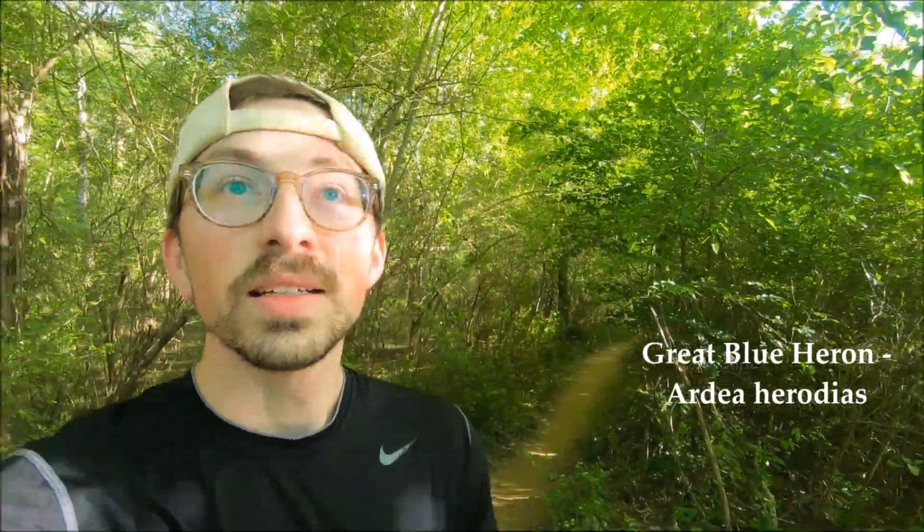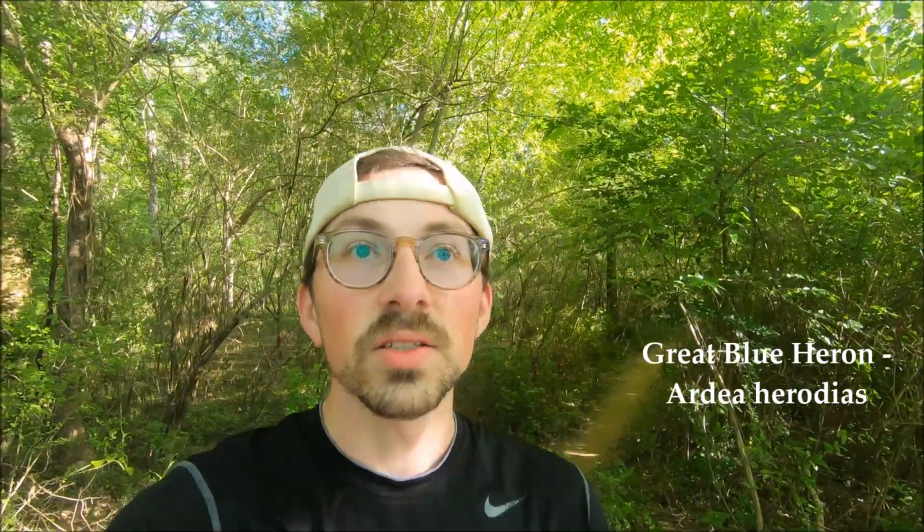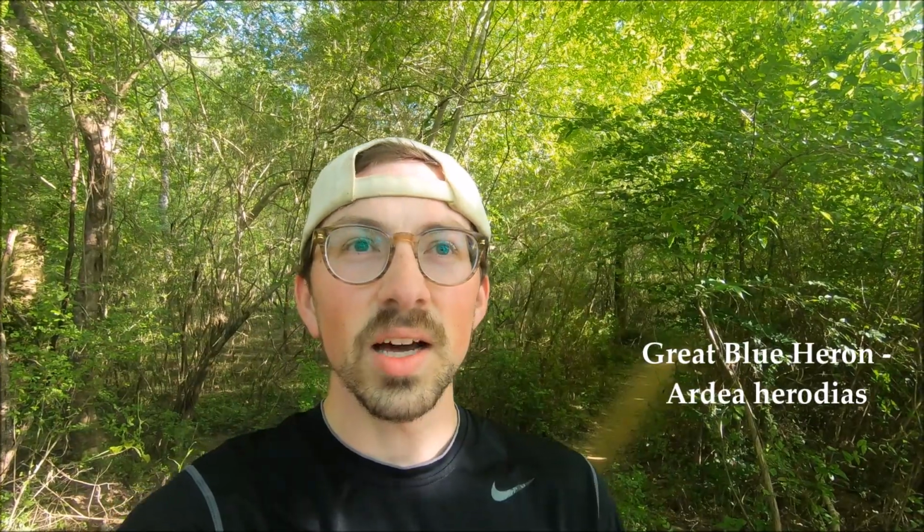I've never seen one before, but it looks like there's a couple trees and you can see a bunch of sticks up in the top of the trees. And luckily I have my binoculars, so I'm able to scan over there and you can actually see some of the birds on the nests. It's pretty awesome. I wish the GoPro had a zoom or something so I could zoom over there and share it with you guys,